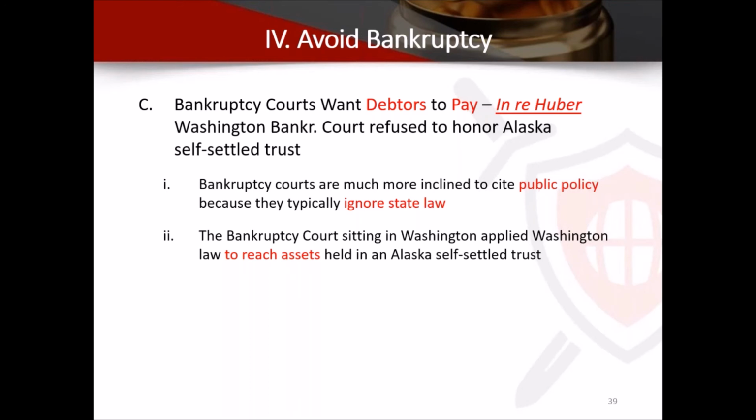Created an Alaska trust, an asset protection trust, where you fund the trust for yourself, and made the mistake of going bankrupt. So they went through the Portnoy analysis, and they said, you know what, Hubert, you're in Washington State. The assets are in Washington State. The trustee's in Alaska, but your co-trustee and protector are in Washington State. We're going to apply Washington State law, which does not allow you to create a trust for yourself, and they